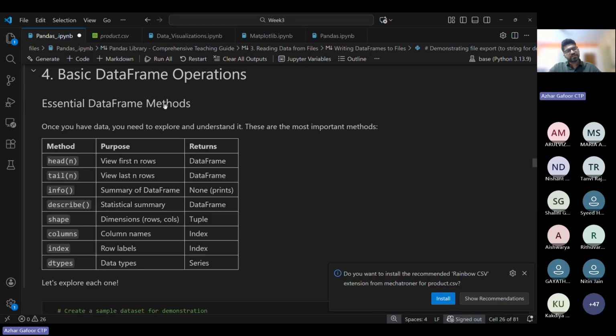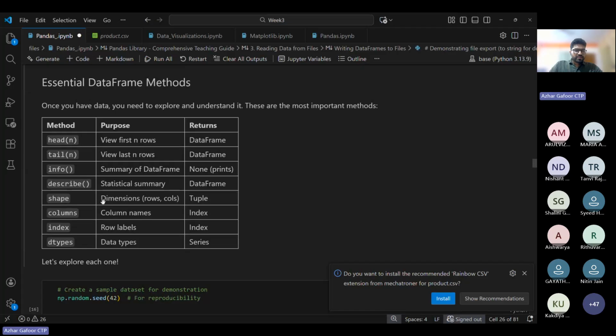So now some basic data frame operations that are used after reading a data frame file or a CSV file or anything using Pandas. So head is to view the first few rows, and tail is for the last rows. Then info will summarize the data frame. Then describe will give the statistical summary like the mean, variance, all those things. Then we have the shape, to get the number of rows and columns. Then dot columns will